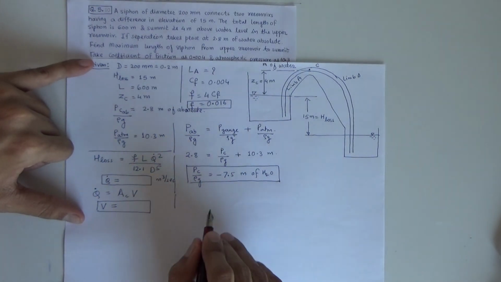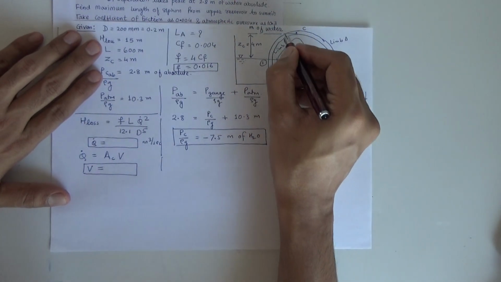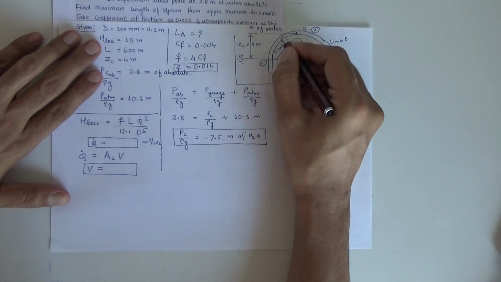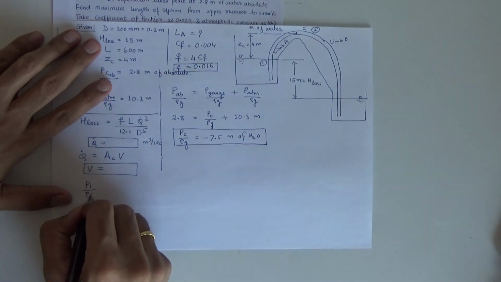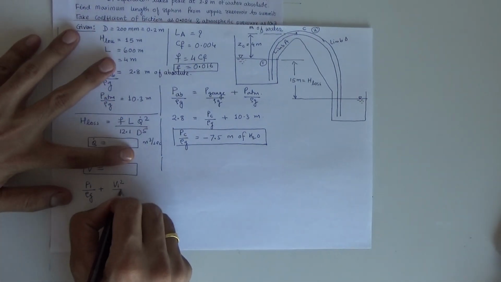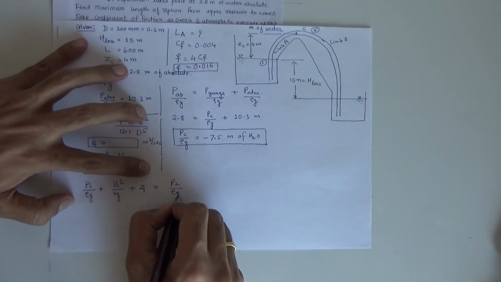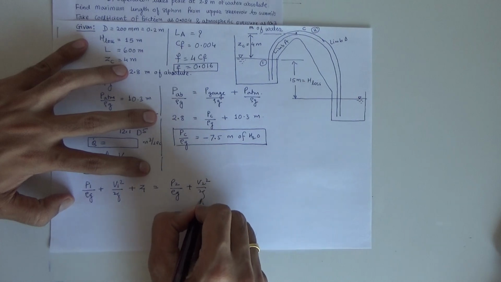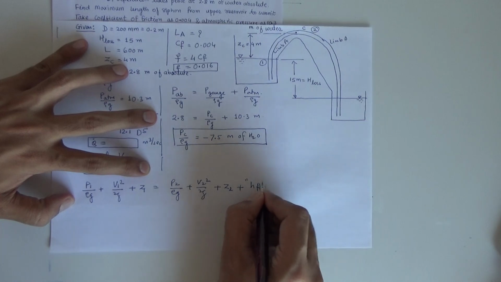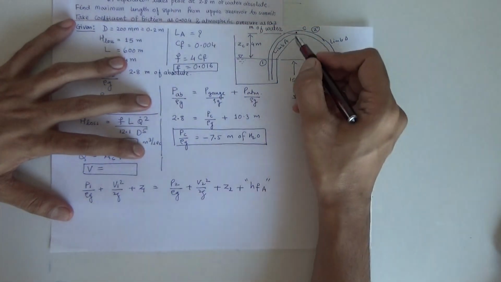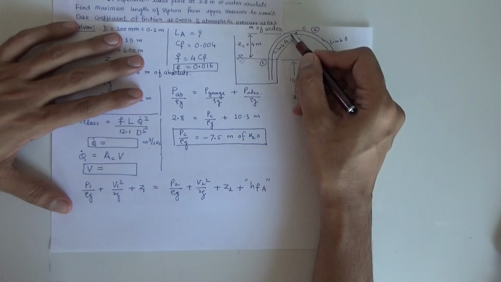You have the PC. So now you can write down the Bernoulli equation between the reservoir level, which I call 1, and this summit as 2. From 1 to 2, if I apply the Bernoulli equation, I can write P1 upon rho g plus V1 square upon 2g plus Z1 equal to P2 upon rho g plus V2 square upon 2g plus Z2 plus HF in limb A. Very important: total loss is not to be taken. Only the loss between section 1 and section 2 is to be considered, and that is HFA.